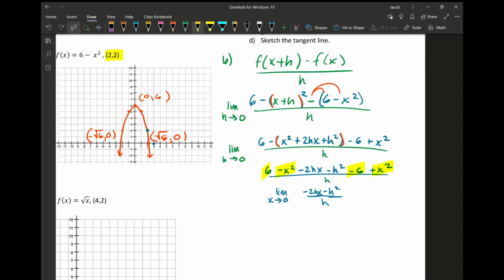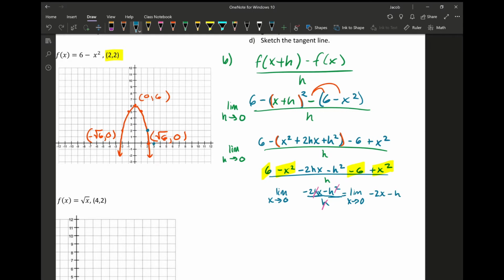Before, if we tried dividing the terms that canceled by h, we could not get rid of them, so we also couldn't get rid of the h in the denominator. Now we can divide out the h in the denominator with the h's in the numerator. One h from here divides away, and this h divides away. So we're left with the limit as h approaches 0 of negative 2x